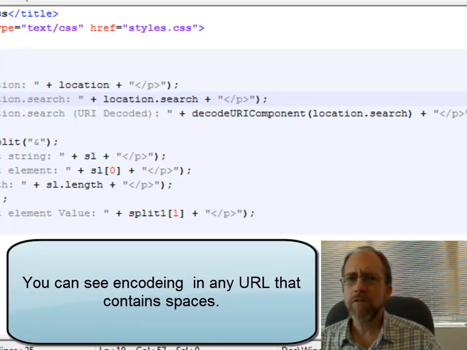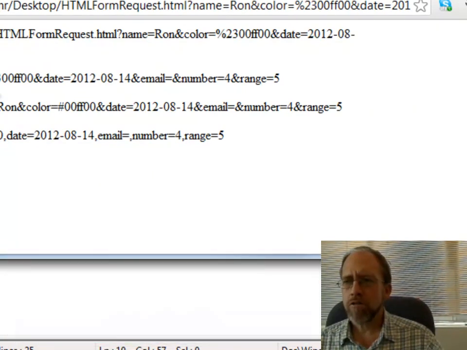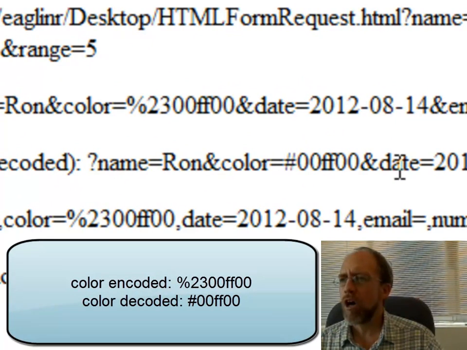Now the reason for this decoding and encoding is pretty simple. Some characters like the pound sign and the equal sign and the ampersand sign have specific meaning in a URL. And to be able to put them in a URL, you simply need to encode them as something else. So for example, what if I had typed in, and I'm going to show you this,